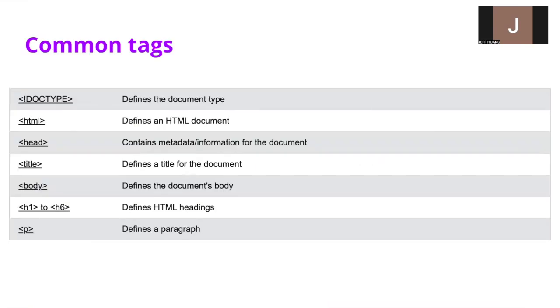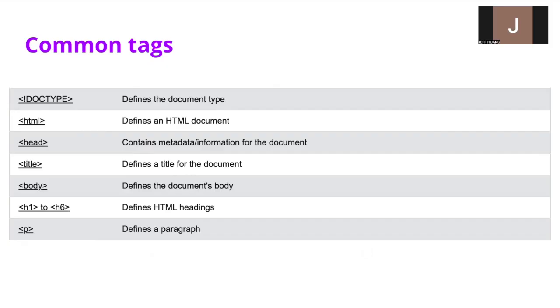All right, so here are some of the common tags again. You would normally start your HTML file using exclamation mark doctype. This basically tells your document, or VS Code, that you want to make an HTML file, and without this, it would make it much more confusing. And then you would define an HTML document using html, and then a head, you would use this to create metadata. That's basically data that you can't see, but it's there essentially.